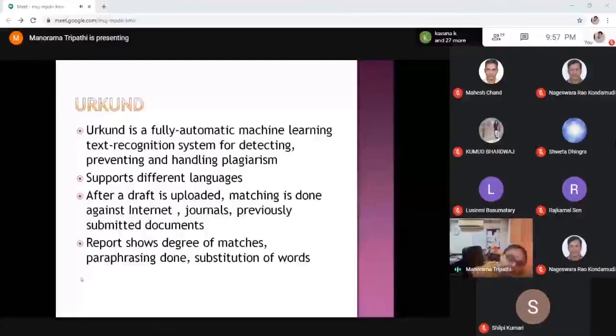But maybe you submit your thesis, move out and start your career somewhere else, and after 5 years that book, which was not on the internet, is digitized and comes online. Then your document may show some similarity, some kind of plagiarism, and that may land you in an allegation of plagiarism.